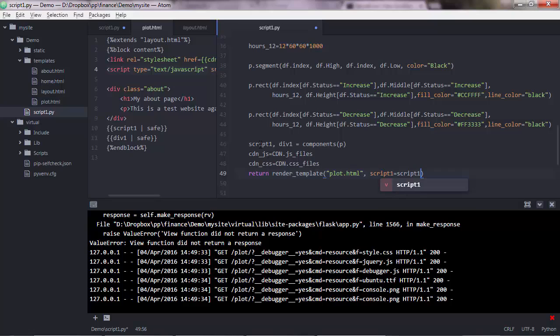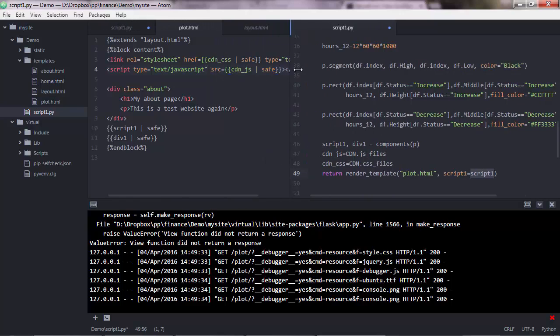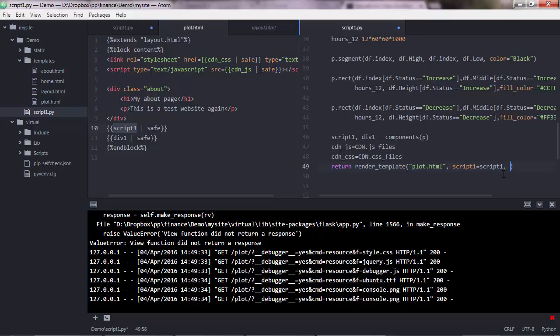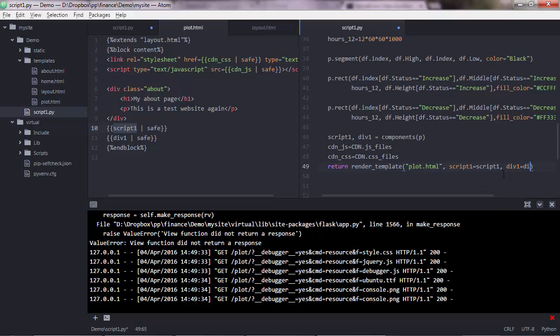So that means this script1 variable that contains a string of the bokeh plot will be embedded in the script1 placeholder here. Yeah, so we do the same for the other elements as well. div1 equals div1,